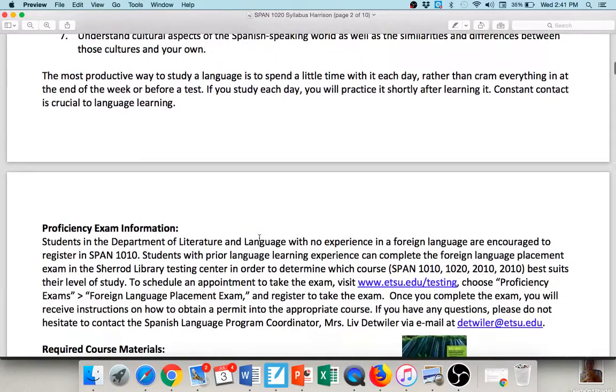I do want to take a moment to emphasize that this class is usually really hard for people who wait until Sunday night when everything is due to start the assignments. If you wait until the last minute and try to cram all the assignments into that one day, it's just not humanly possible to get it all done in one day.